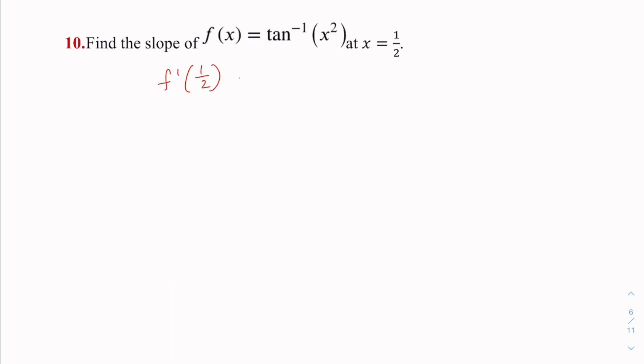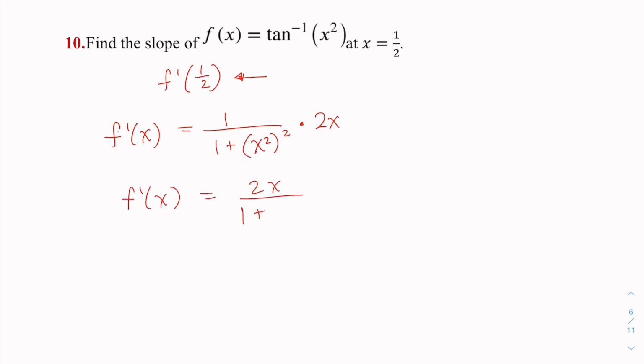So this is what they're looking for. What should we find first? F prime of x. So I'm plugging in my tangent inverse formula, the derivative, and my monkey in this case is x squared, so I'm multiplying then by its derivative, 2x. My new expression is 2x all over 1 plus, now x squared times itself gives me x to the 4th,